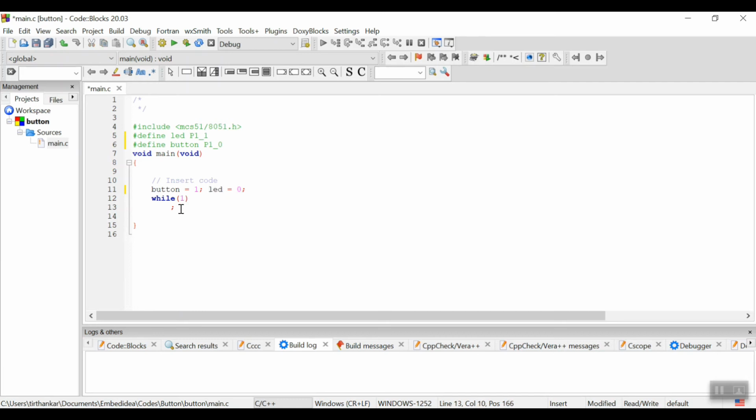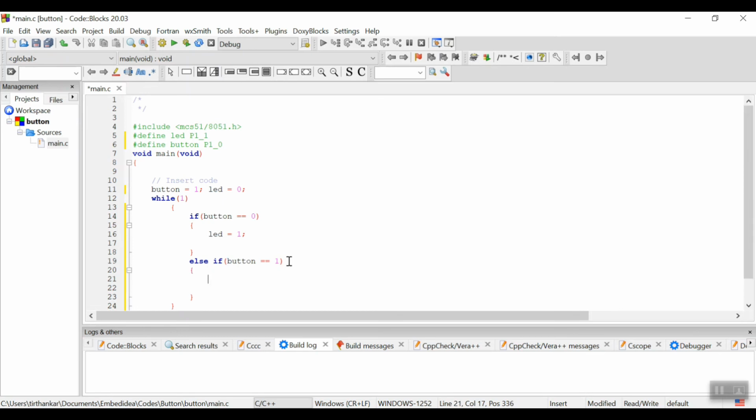So inside while 1, let's write if button is equal to 0, that means button is pressed, then what I'll do is LED equal to 1, that means LED will glow. Else if when button is 1, that means button is not pressed.